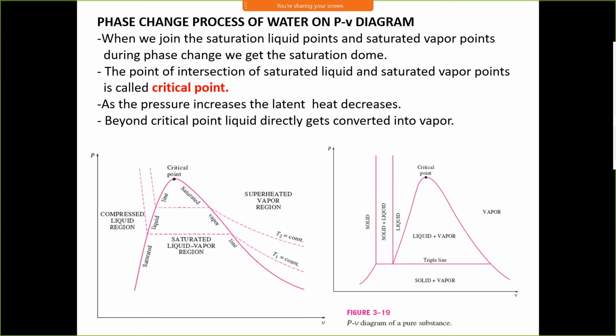You might have seen at your home, when we keep water in a bottle and try to freeze it, the volume of ice increases. Volume of ice is greater than water. It means water expands on freezing. But there are other liquids which contract on freezing. Therefore, this PV diagram is different for substances which expand on freezing and which contract on freezing.